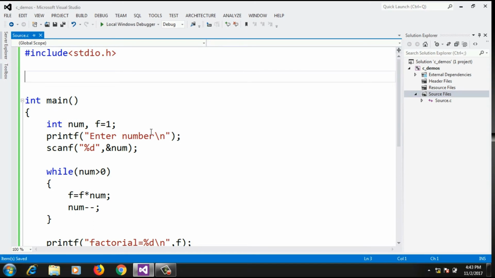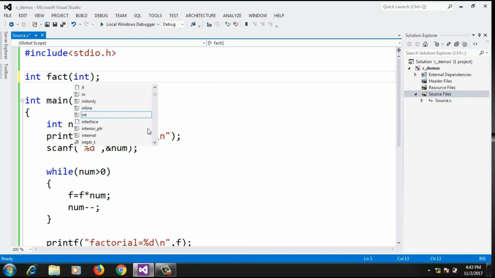If that function is calculating factorial and returning the result, then the factorial value will be an integer, so the return type will be integer. Fact is the name of the function, and that function will take one integer argument, which is the number of which you want to calculate the factorial.